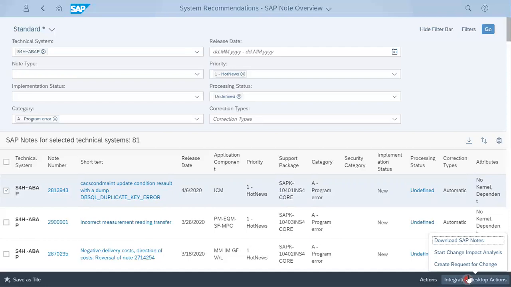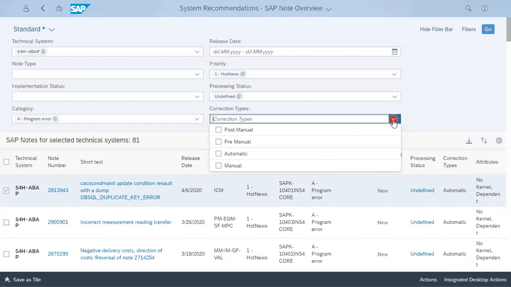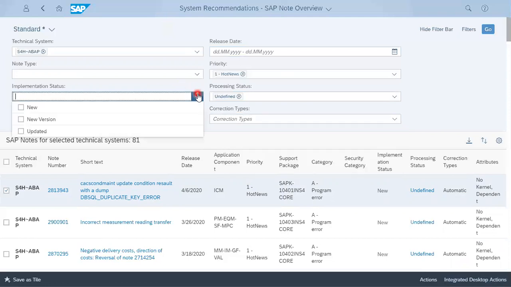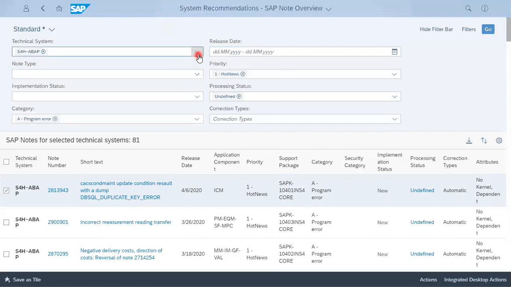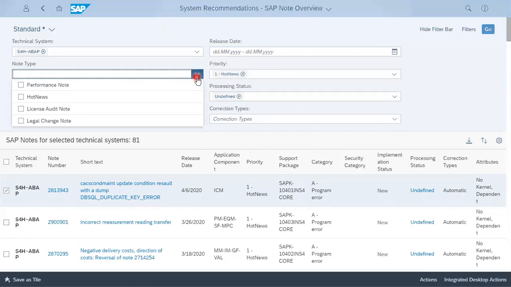That is how we can download the notes, as well as find the critical security notes. You have many options you can choose from here, based on the correction types you are looking for, and the implementation status as well, whether it is a new note, a new version available, or an updated one. For the correction types, there are other correction types as well, like correction notes and security notes.